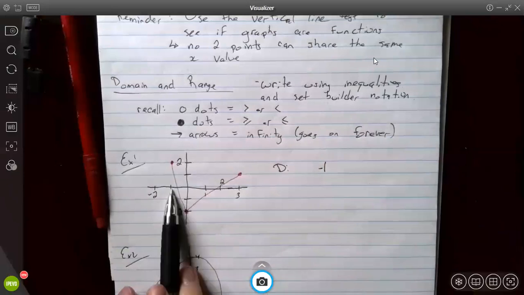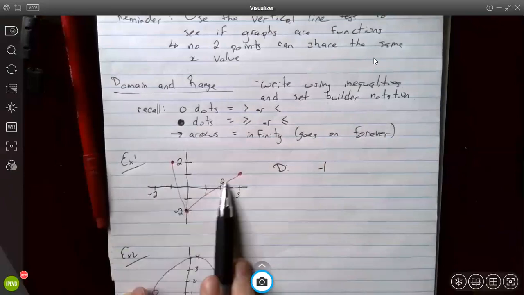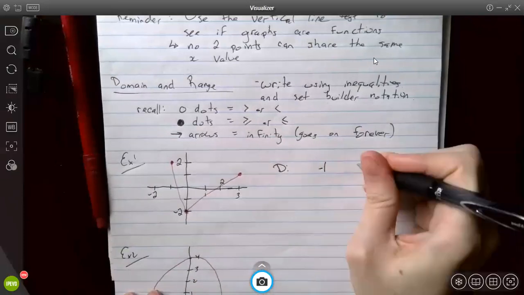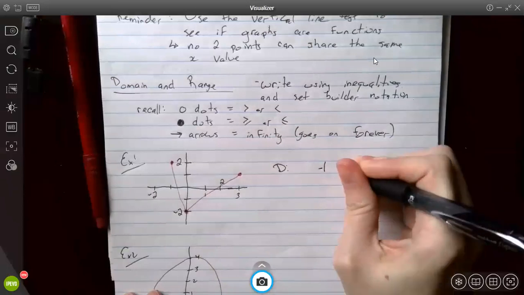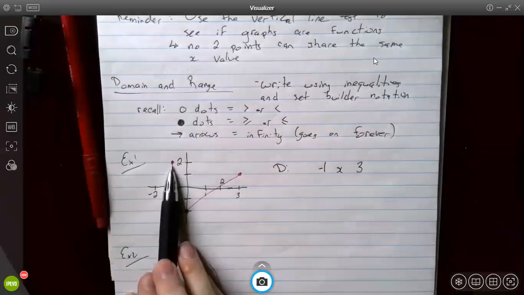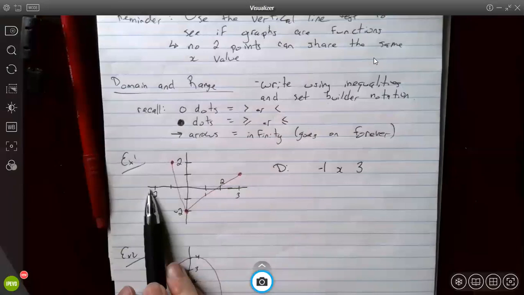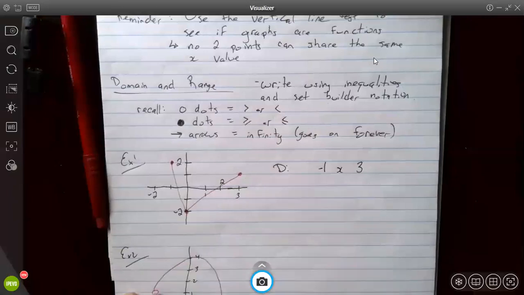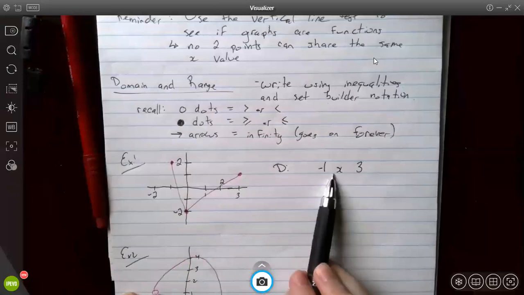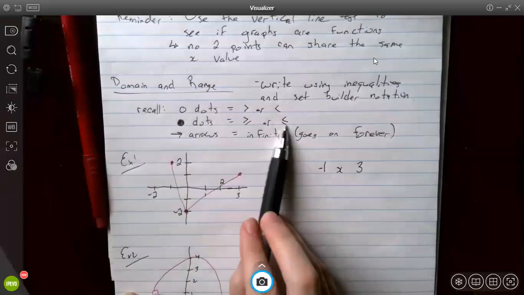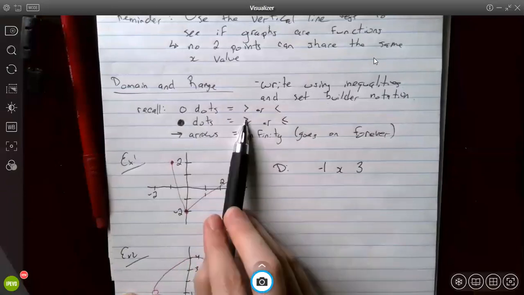And then we'll go as far to the right as the graph goes and read that x value, which is 3. Then we're going to put our x in the middle, because all of our x values are going to fall somewhere between -1 and 3. We don't have any x values outside of that range. Then we have to figure out what symbols we're going to put between the x and our numbers, and they can be any of these 4 symbols: